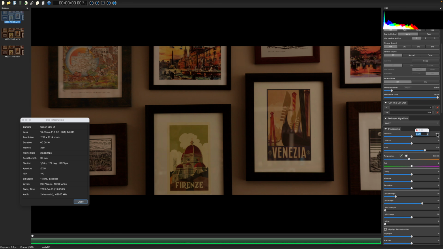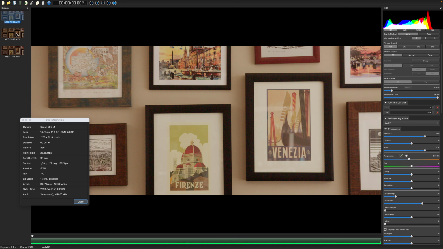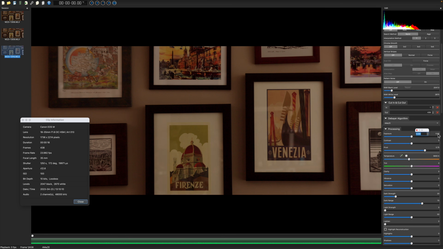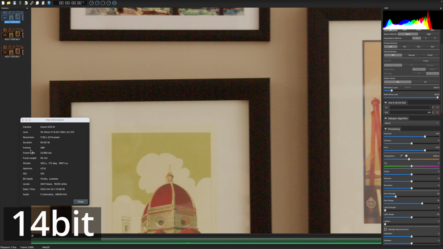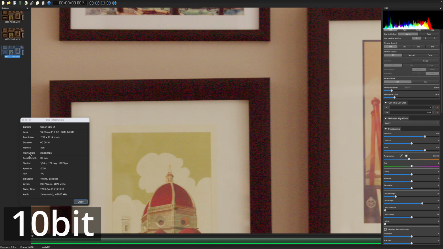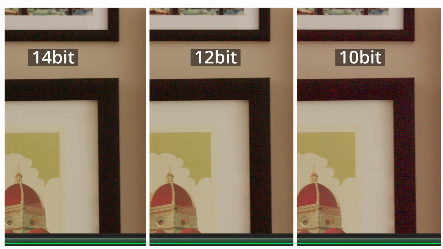I'll set the exposure to 2. Now zoom in. 14-bit, 12-bit, 10-bit. From these images you can see how noisy 10-bit is, only as extra information.